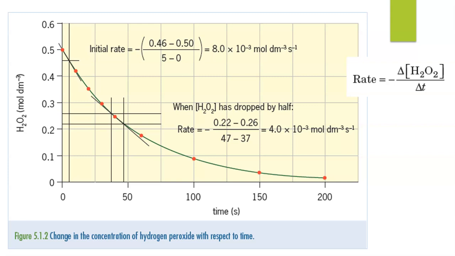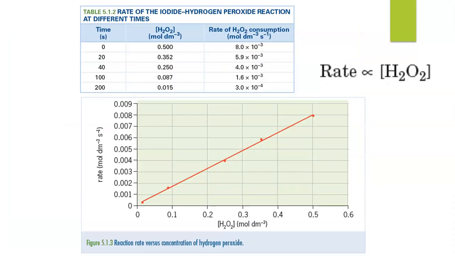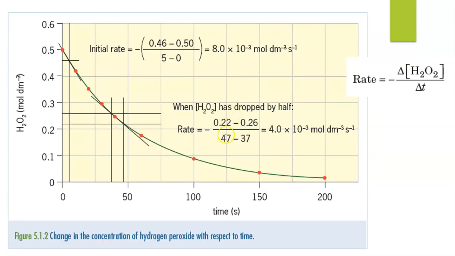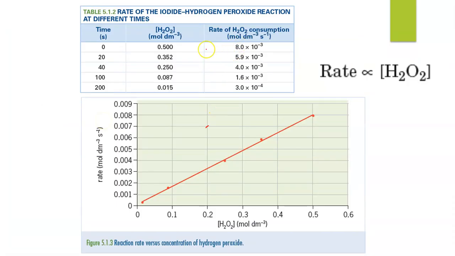So what we want to do is generate more data in order to be able to plot this. So if we take the time, so these are our time intervals again, we have our concentration of H2O2, and then from our previous graph we have worked out the rate at different times and different concentrations, and then we can plot the